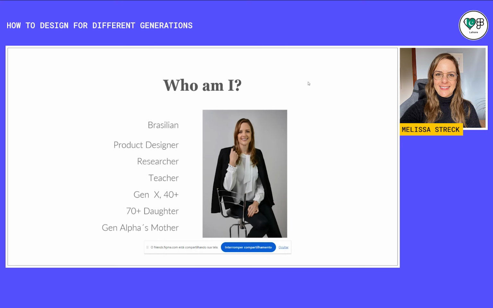I am a Gen X woman. So I'm 40 plus, and I am also a 70 plus daughter. My parents are 70 plus, baby boomers, and I have a daughter from the alpha generation, right? So I have had those different experiences of transitioning with some family things, and I have a lot of friends from different generations. This is something that I really like to observe and also to help with in